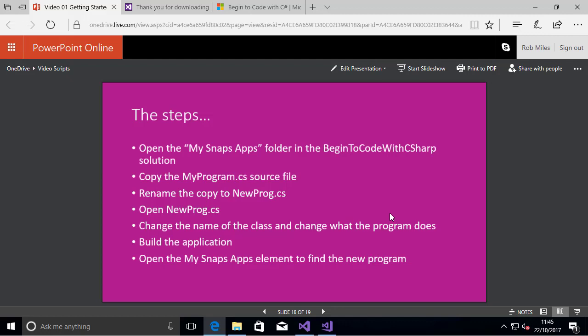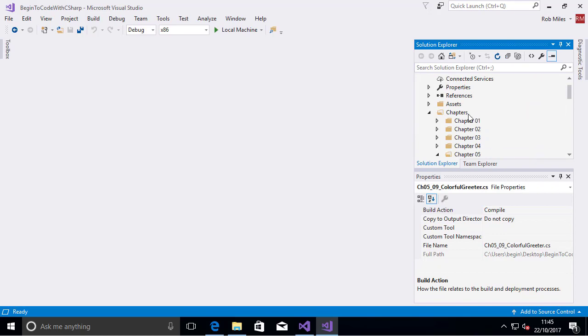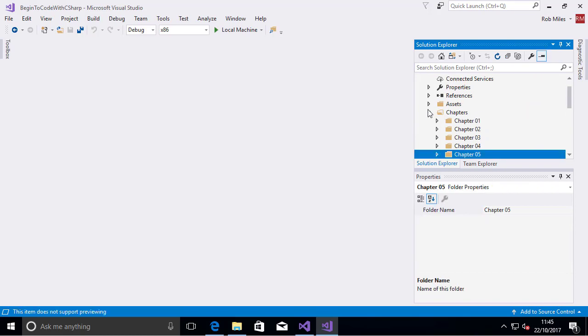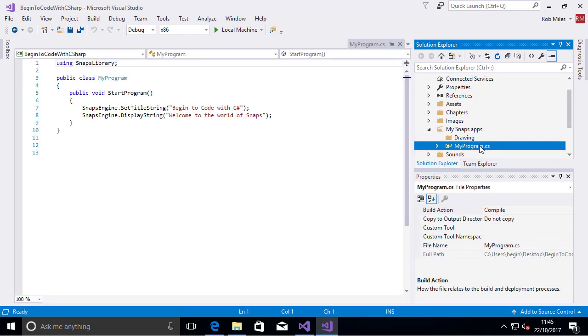And here are the steps. You can look at this and follow it yourself, or you can watch me fail to make it work properly. Or not, depending on how lucky we get. So let's go back to my Visual Studio running the thing, and I can slide back up here. All the chapters are in the chapters folder, which is fine. There's also a folder called My Snaps App, and in there is a program file called myprogram.cs, and here it